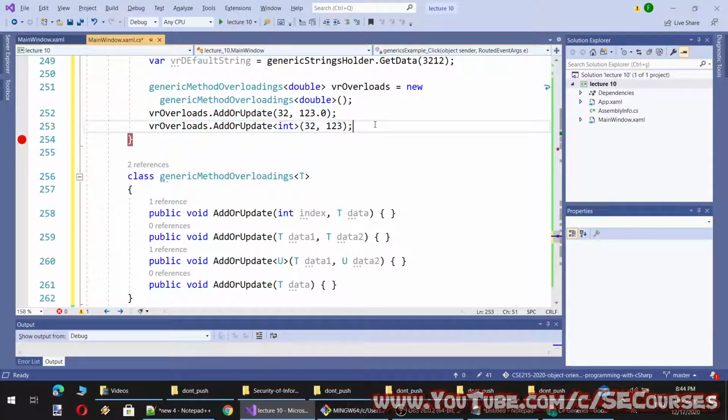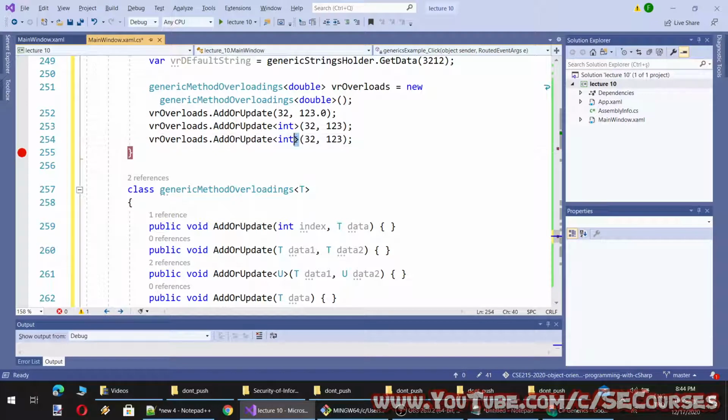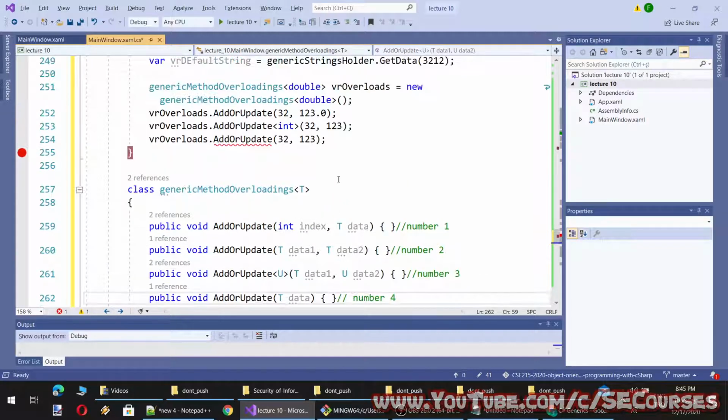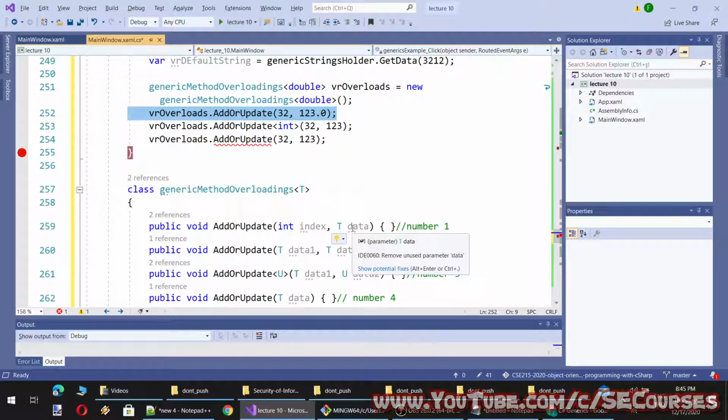And if I make it like this, let me show you. Let's give them a number. Number 1, number 2, number 3, and number 4. So the first case is index and data, so it is number 1.